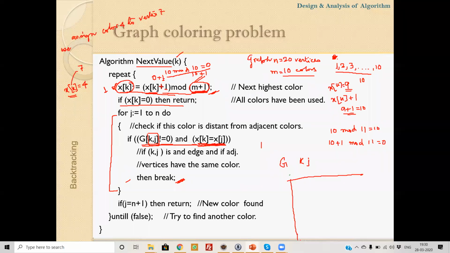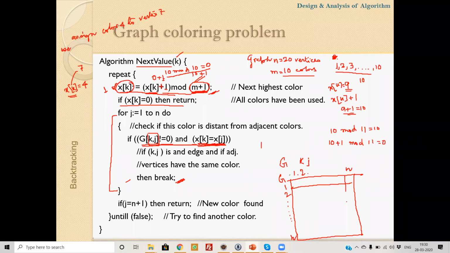The connectivity will be represented by an adjacency matrix. So this adjacency matrix is G. Starting from 1, there are n number of vertices, and starting from 1, there are n number of vertices.